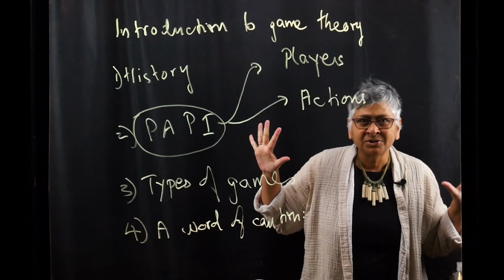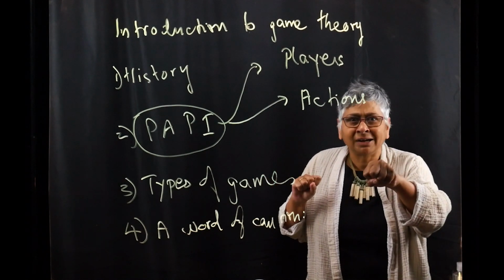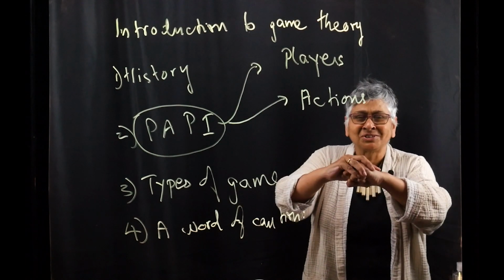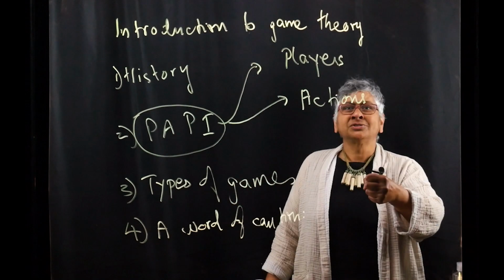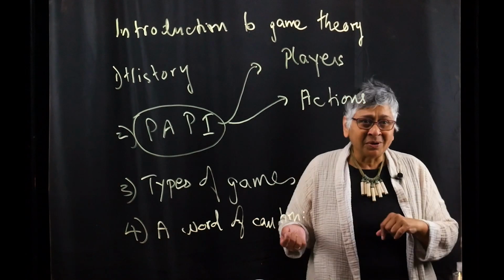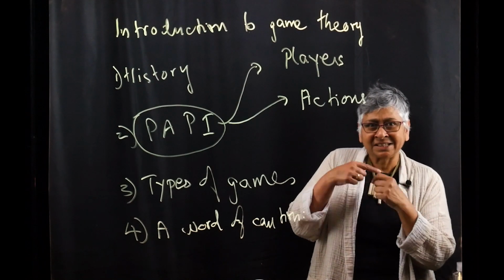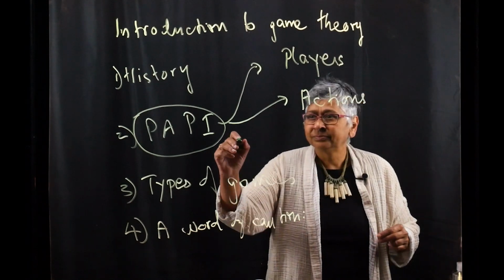Anybody played rock, paper, scissors? That is a non-sequential game. I don't get to see if you've got a rock before I decide whether to put scissors or paper. We both have to decide, and we'll go 1, 2, 3, rock, paper, scissors, same time. But if it's chess, it's sequential. You do your move, I will then look at it, and then I will do my move, and so on. So there are certain actions.